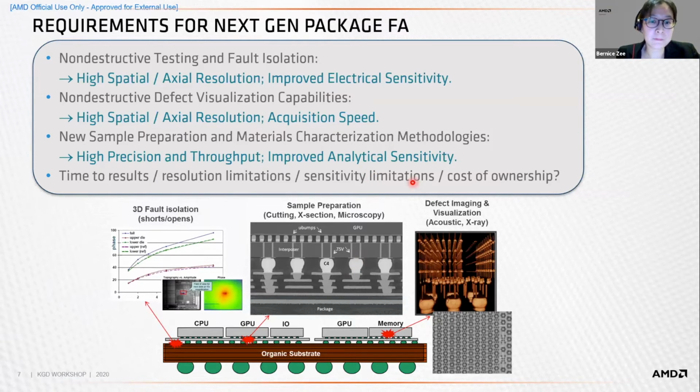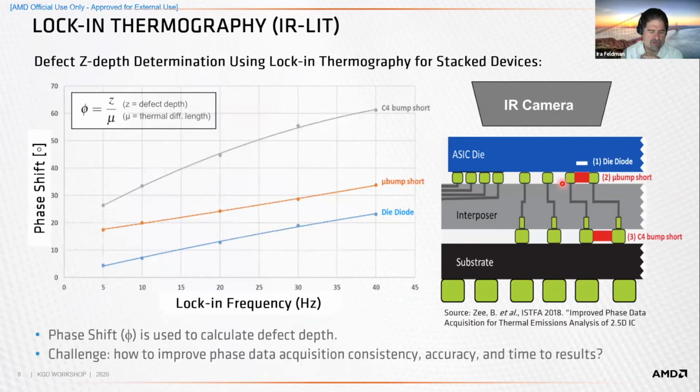But on top of all that, there always has to be a balance between time to results, physical resolution limits of techniques, as well as the cost of ownership. So as we do failure analysis, we always need to consider all these in tandem with the products we want to analyze. So Bernice, when you're trying to localize where a failure is,